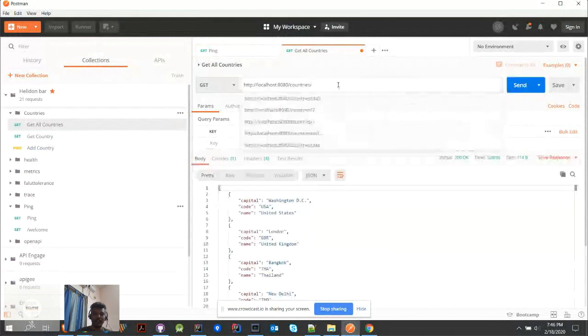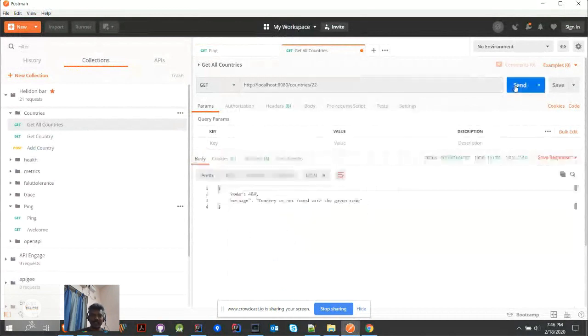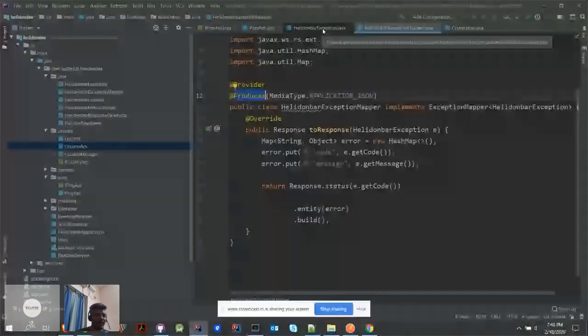So I will explain how the exception handling part works. If you see here, this exception response is being thrown from my exception response handler. So if you go to this exception mapper, basically in my country API, if something is not